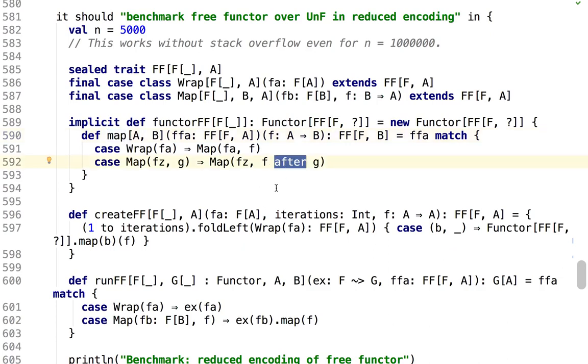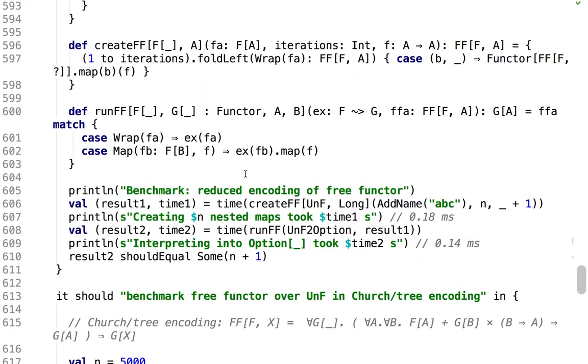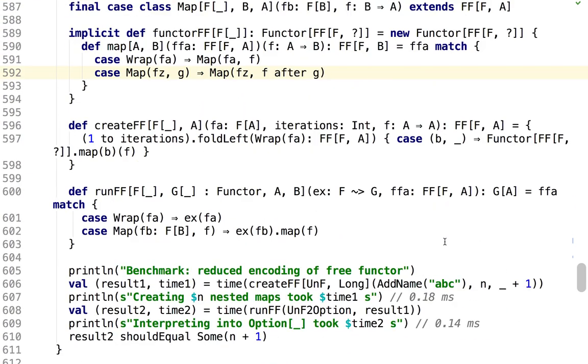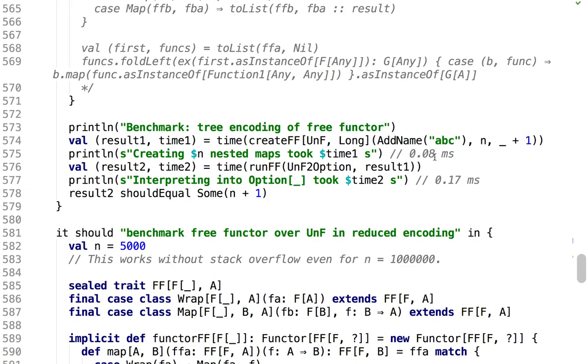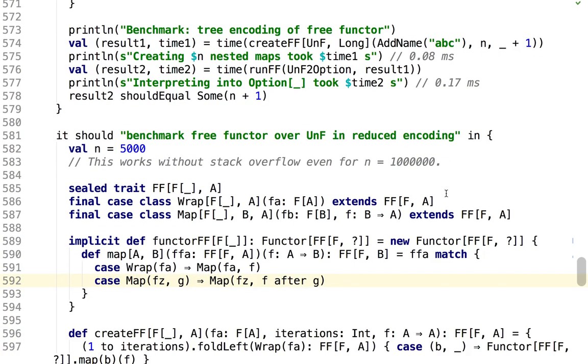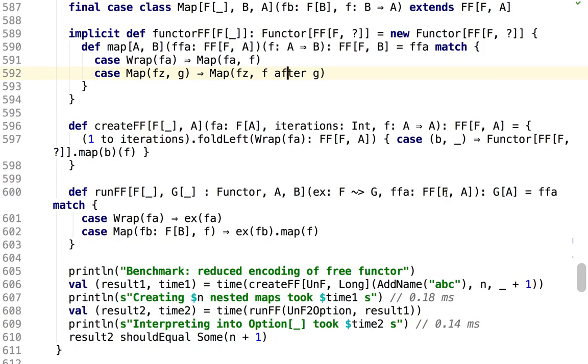It already composes the functions, although we're using this smart composition, but that's what you need to do. Before and after are the smart methods that I implemented to replace andThen and compose in Scala. And then I do the same testing, and it's slightly slower than the tree encoding,